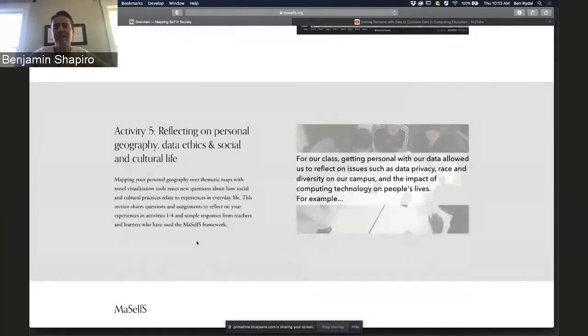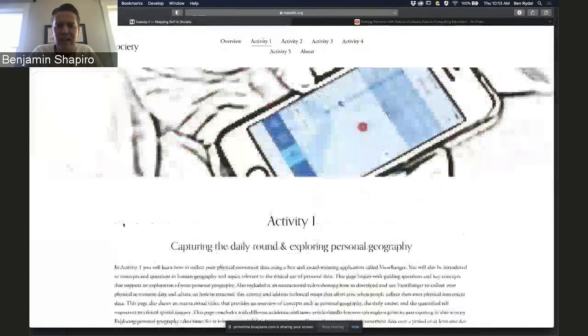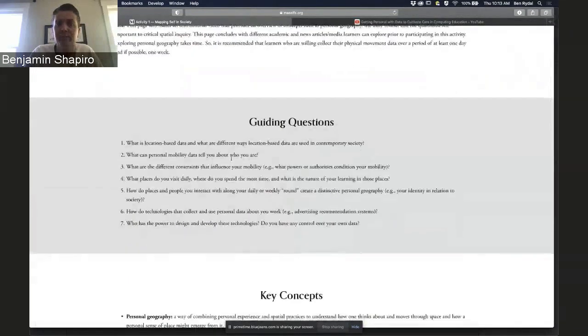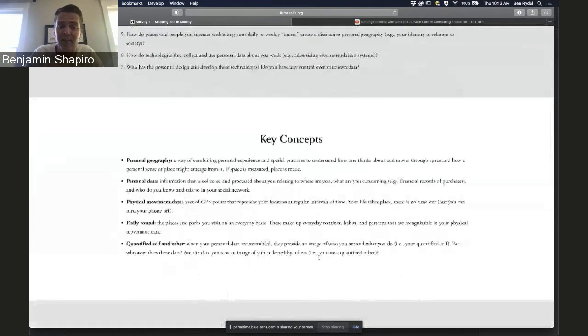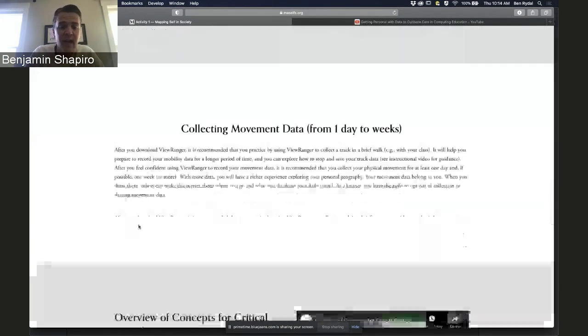And finally, they have an opportunity to reflect on their experiences across these activities or a single activity. So just to give you a little detail, each activity is organized with a brief explanation, some guiding questions, a lot of them focused on the ethics of data collection and use, some key concepts for the activity, an instructional video of how to use the technology for each activity, and then usually a bit more advice,